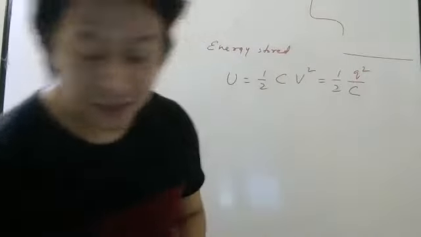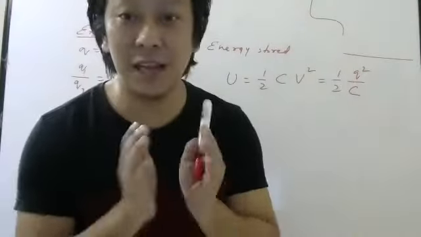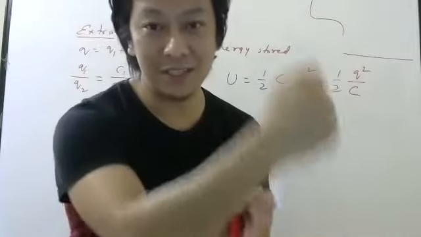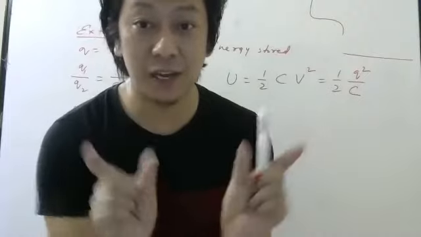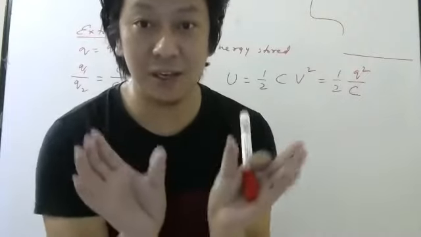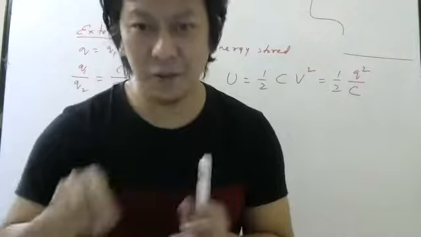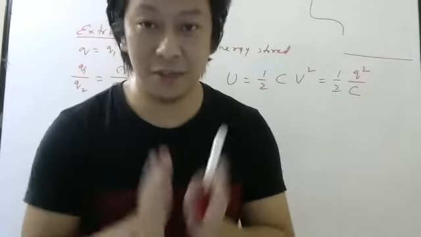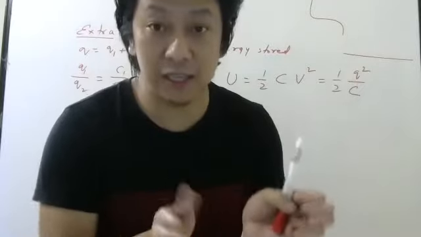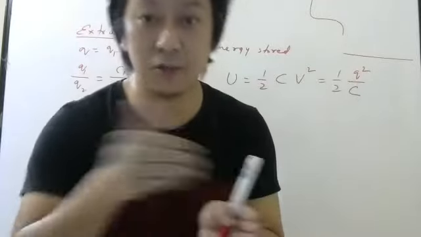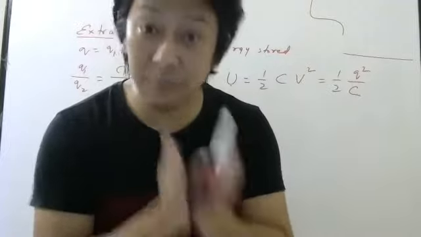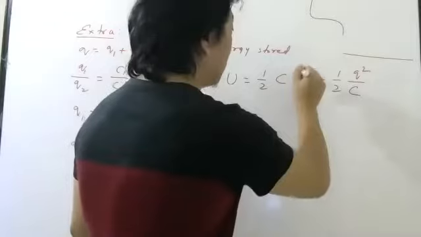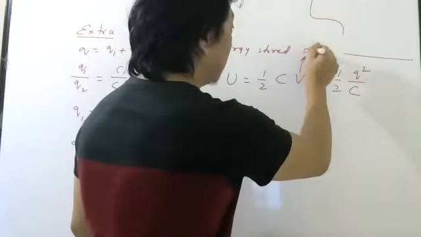It is because in the question it is understood that they are going to apply the same battery to both the capacitors. Whether it is in series or in parallel, they are going to connect the same battery. Of course, it is not mentioned directly in the question, but it is understood that the person who is going to connect the two capacitors in series or parallel is going to use the same voltage. So since he is going to use the same voltage, this formula is better to use because I know voltage will be same.